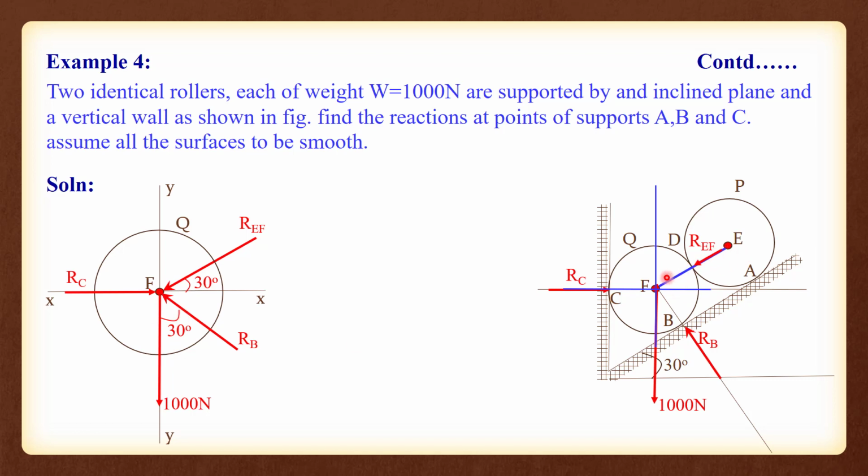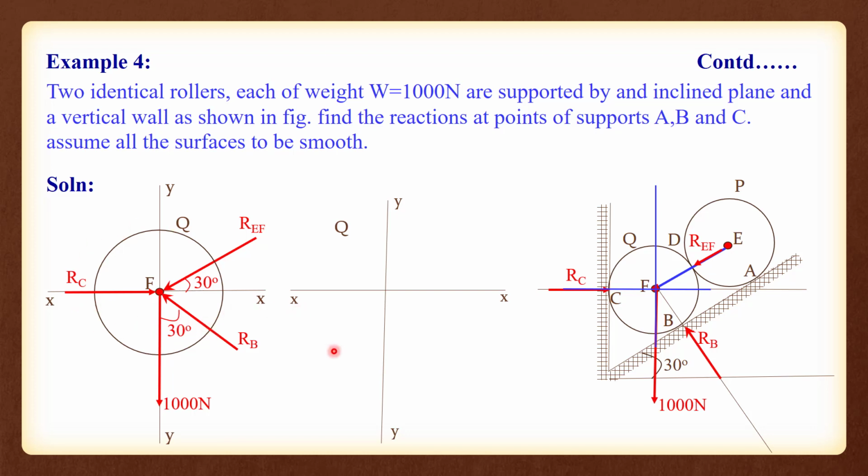Now when you consider this force, we know that the line FE makes an angle of 30 degree with the x-axis. So you can mark that angle also here. These are the angles made by the inclined forces. Now we will draw two new axes, x and y axis, and transfer all these forces to the new xy axis. That is just to make the calculation simple. When we transfer all the forces, we will be drawing only the vertical and horizontal components of these inclined forces along with the vertical and horizontal forces acting on the roller Q.